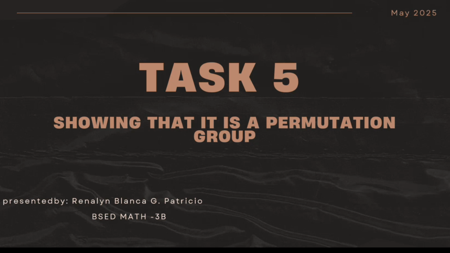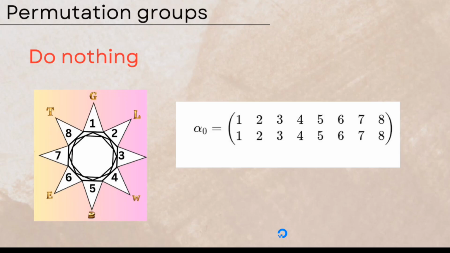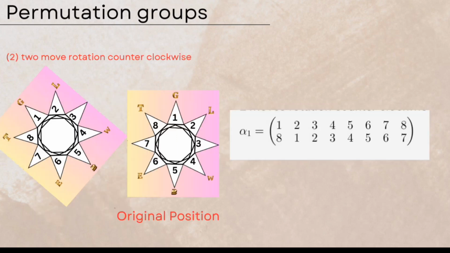Let alpha be the permutation for rotations. For do nothing, we call it alpha sub 0. Since it is staying the way it is, it is 1 to 1, 2 to 2, 3 to 3, 4 to 4, 5 to 5, 6 to 6, 7 to 7, and 8 to 8. Then for our two move rotation counterclockwise, we have alpha sub 1: 1 to 8, 2 to 1, 3